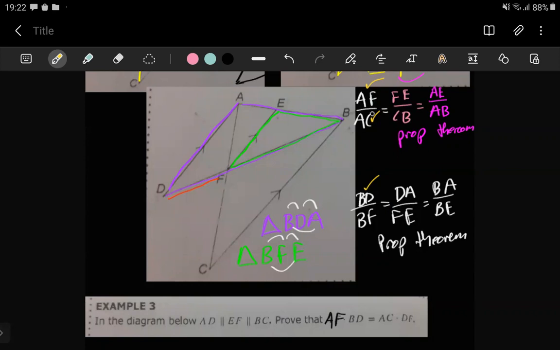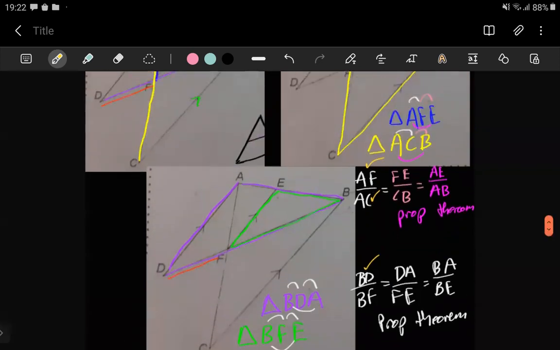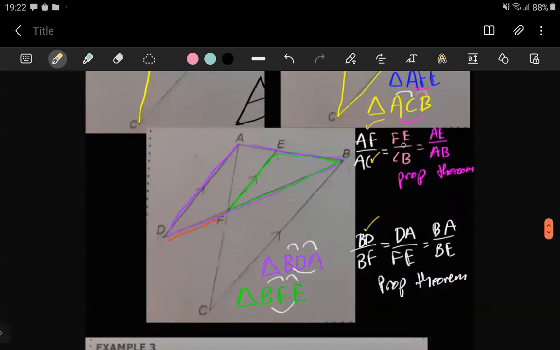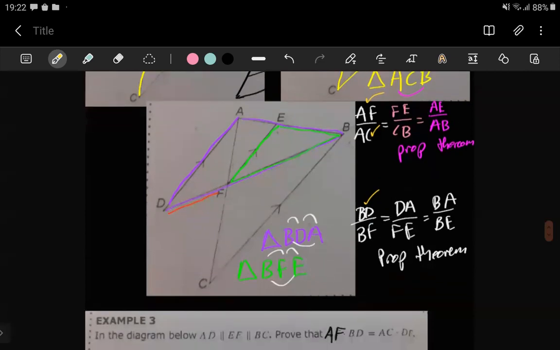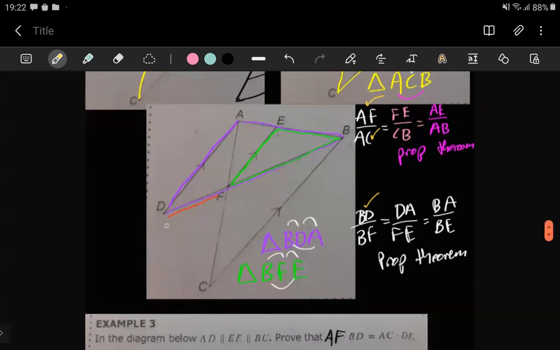So there's AF, there's AC, there is whatever else is over here. And then we have BD over BF. Where's BD? BD is over here. BF is over there. And then here we have GA over FE. And then lastly, we have BA over BE. Okay, fine. So I think for the bottom portion of things, we may have to